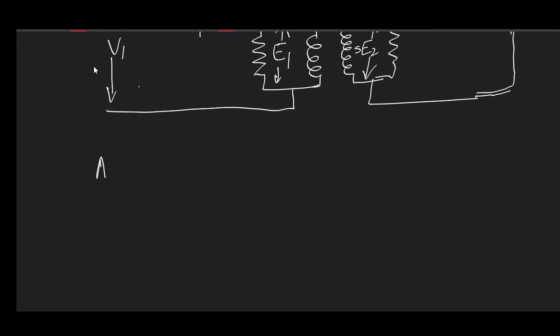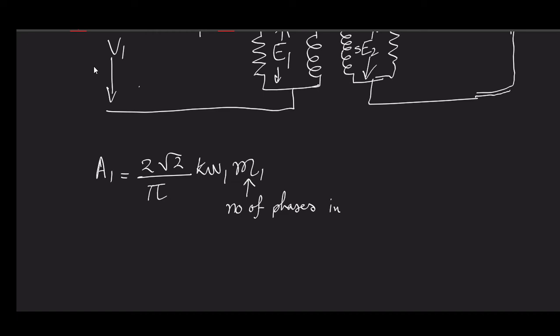Primary side MMF A1 is equal to the number of phases of the stator times the current, let this be represented like N1 dash I1, and A2 is equal to